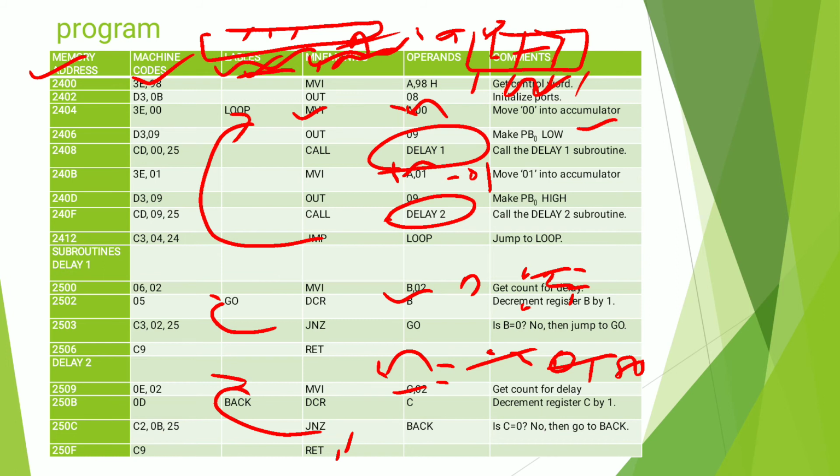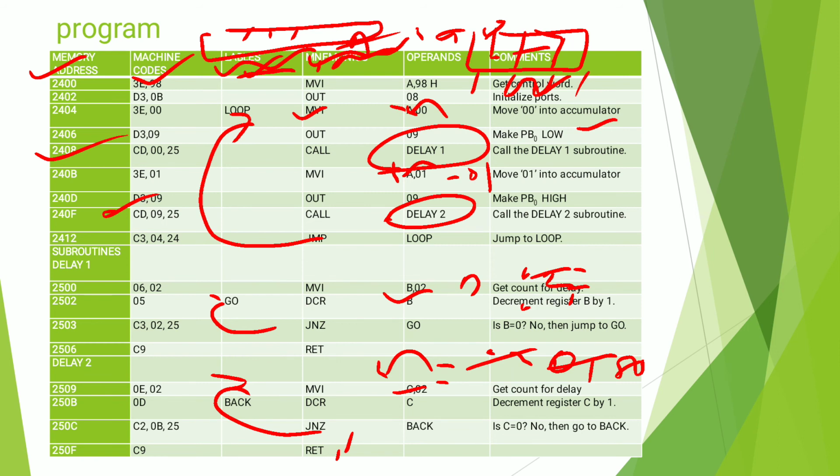For such a case, there is no need of two subroutines. Only one delay subroutine will be called at two places, that is at memory addresses 2408 and 240F.